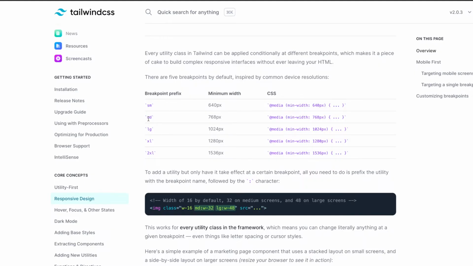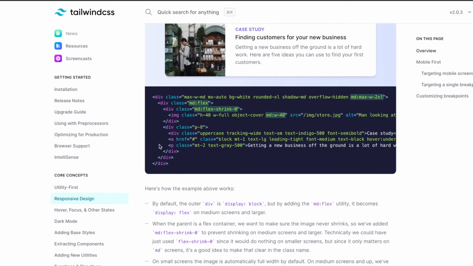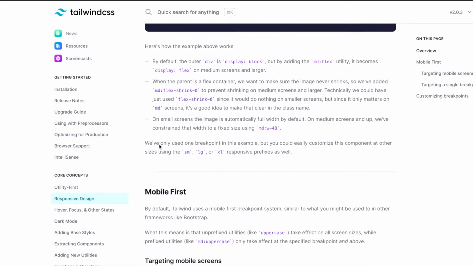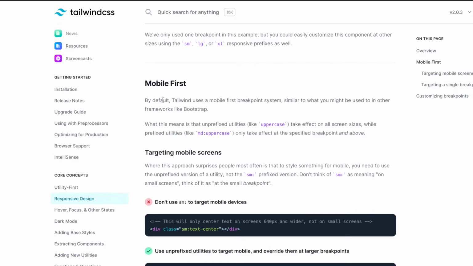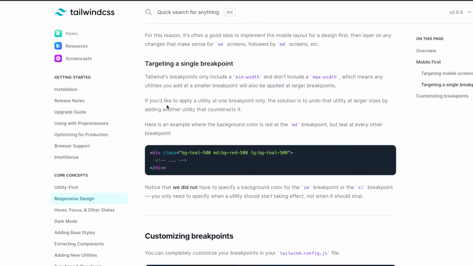If I want a style at the MD only, then I need to make sure I reset it at the LG breakpoint, so it won't apply to the next level. As I said, it's a mobile first framework. That means every style we apply is first applied based on mobile first, and only then will it be targeted to the other devices. So as I discussed, if you want to target a specific breakpoint, if you see over here,